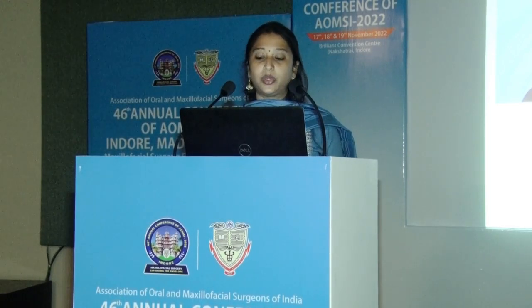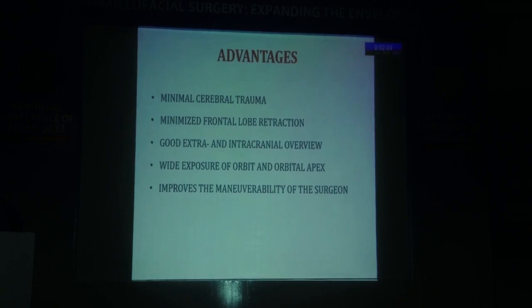The last case is the olfactory groove meningioma. The patient presented to us with complaints of severe headache and decrease in vision. This is a very wide tumor, so it is very difficult to reach the tumor directly. In order to pave the way, we create a fronto-orbital osteotomy. So, the advantages of fronto-orbital osteotomy: